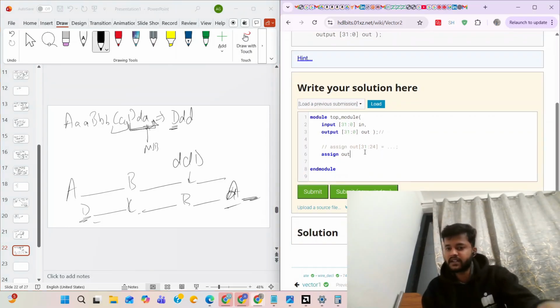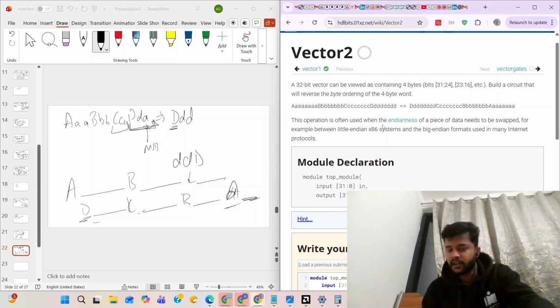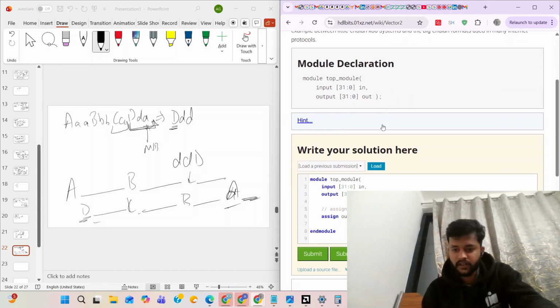We'll use part select. So we'll use assign output. Since it is 32 bit, that is 4 bytes, it means 8 bits long each. We'll use input 7 down to 0.